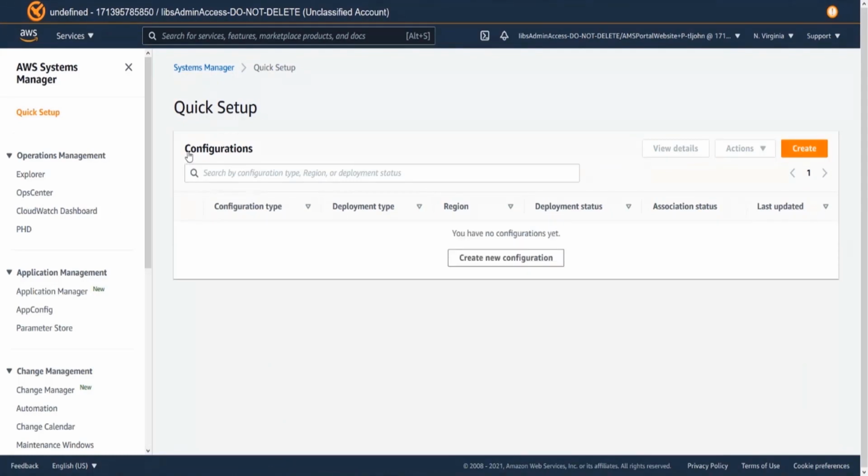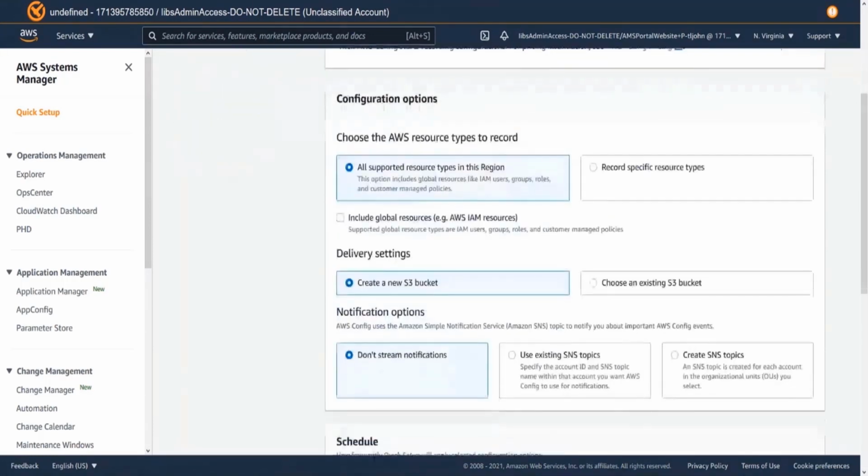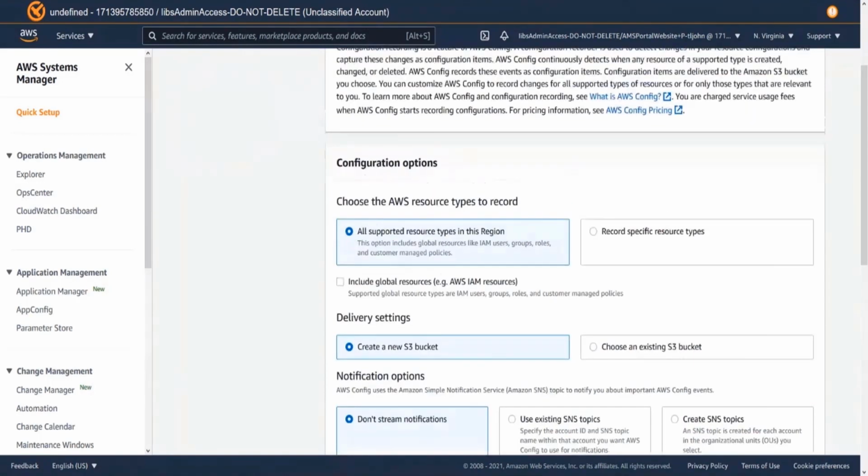We don't have any configurations just yet, so we're going to create one, and we're going to do a config recording. As it states here, enable the tracking and recording of changes to your AWS resource types. So we're going to click Next. So here, we're going to go through and do our configuration options. So we're going to choose specific resource types,